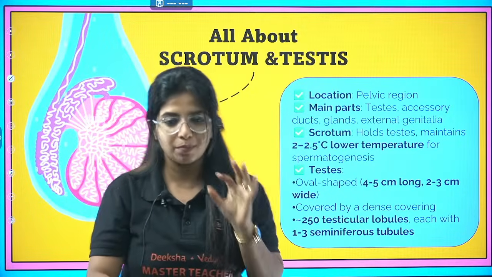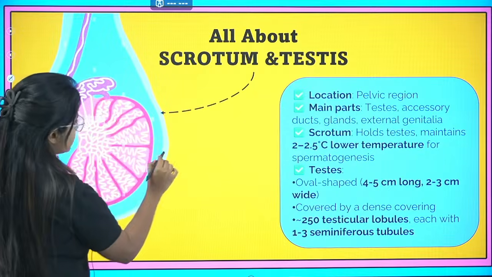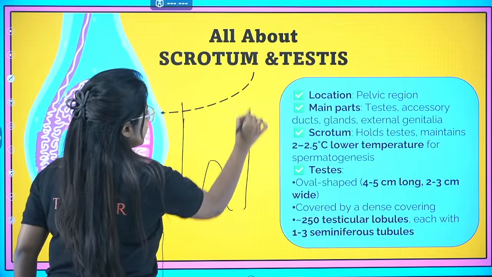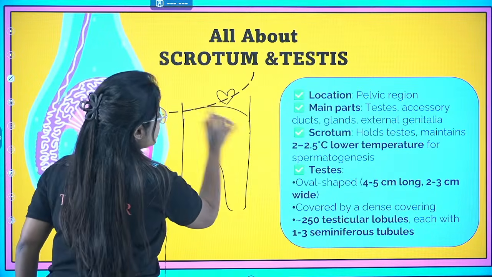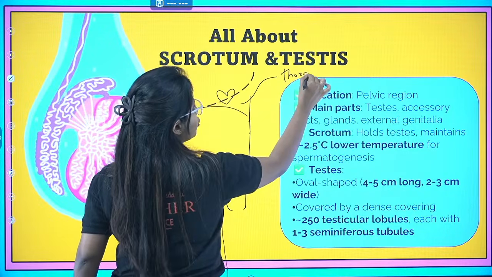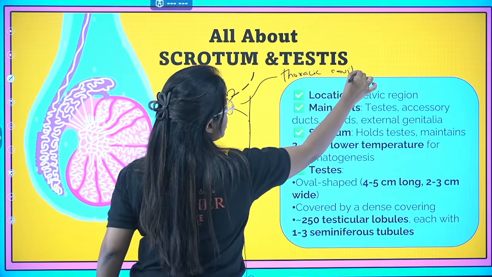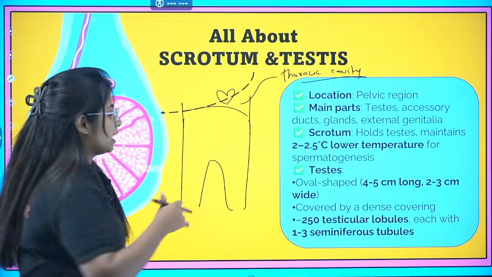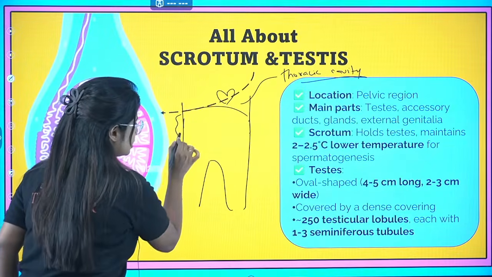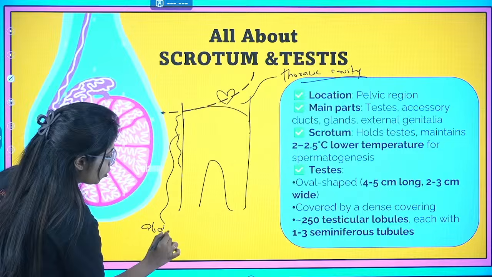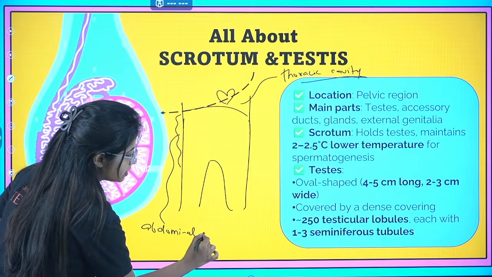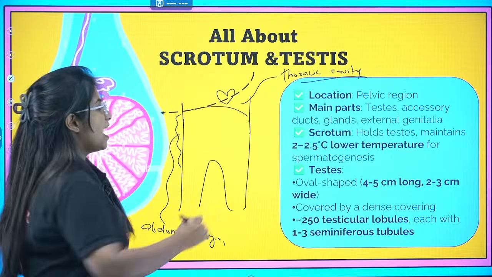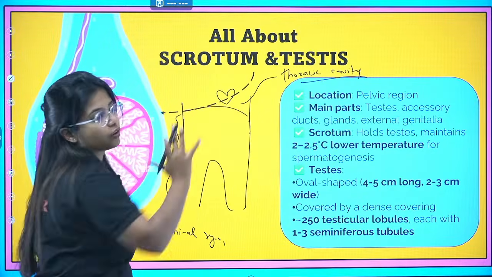So you have to use a bit of imagination here. Suppose I say that this is the body of a man, and here the man has the heart. Up to here the cavity is known as the thoracic cavity, where you have your heart and everything up there, right? Now when you go ahead, this region is known as the abdominal region. Just below your thoracic cavity you have your abdominal region, and here you have your major organ systems and everything like that.